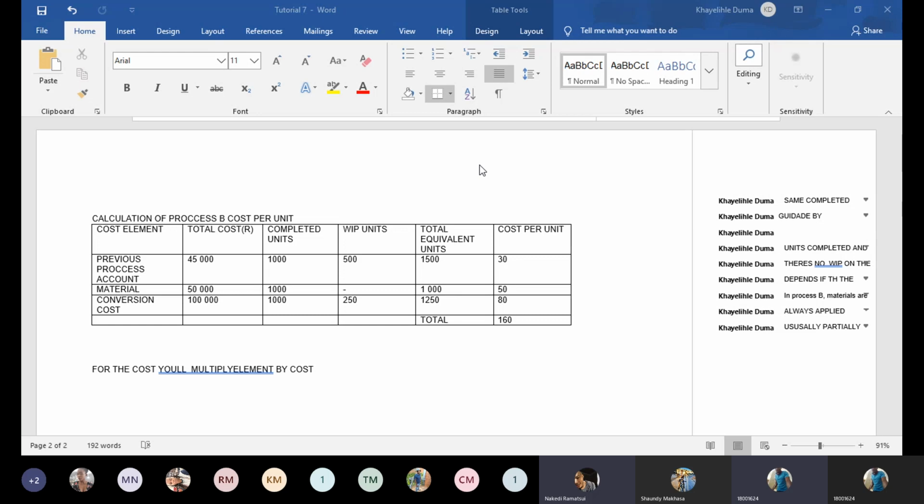Yeah, I wanted to ask what's the final answer? What's the value of inventory? Oh, value of inventory. Okay, just hold on a moment. That's not a problem. I cannot remember the amounts as they are, but just wait. I'll share a screen quickly. I did not put them because I just wanted to show you the table. Just hold on a moment. My internet is kind of slow, but okay, let me do this. I'll get there quickly.